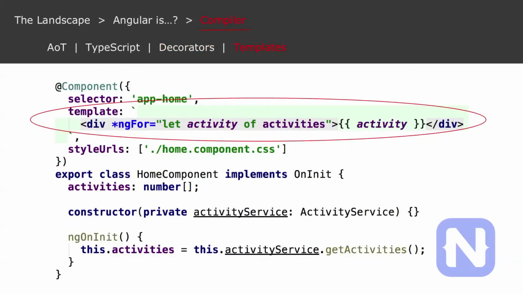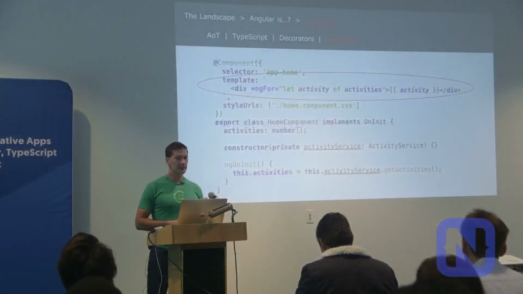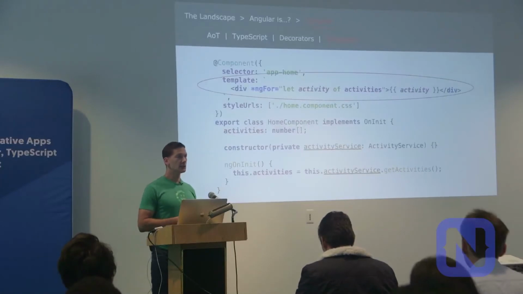When you look at the different frameworks, there are a lot of frameworks like React that do more JavaScript-based rendering, where it uses JavaScript to actually spit out the HTML rather than an actual template. The major advantage of using a template, which Angular takes advantage of, is that because it's declarative and has a certain structure, it's much easier to optimize.